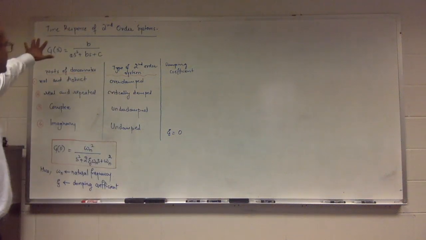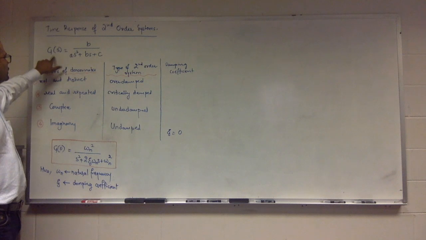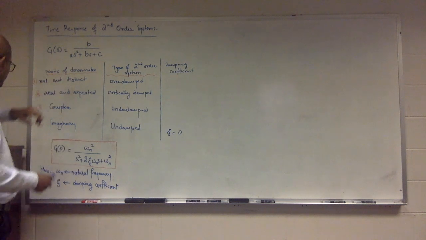We're looking at time response of second order systems. This is one way of representing a second order system. Here, the second order comes from